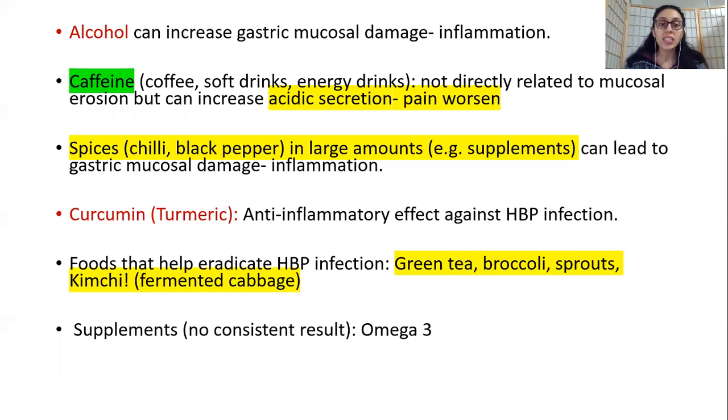Okay, then you have, for example, spices. So now spices in very large amounts. Okay, like supplements of black pepper or chili, things like that. This can probably irritate. If you already have a gastric ulcer, okay, this can cause damage to the inflammatory tract. Note that if you have a healthy GI tract, it is highly unlikely that this supplementation can cause irritation